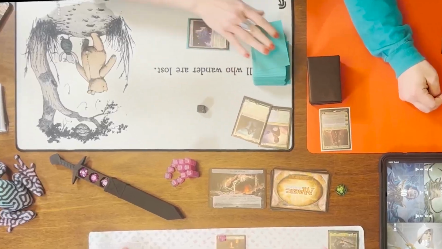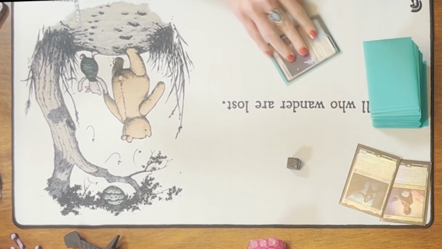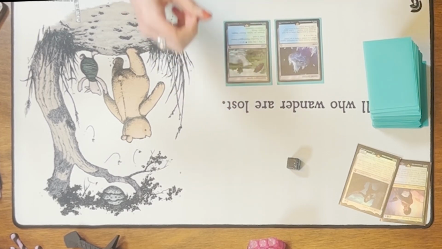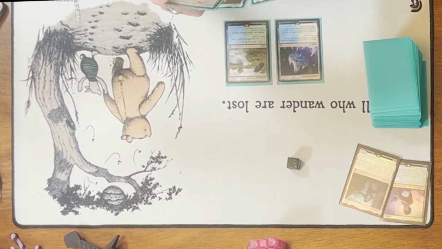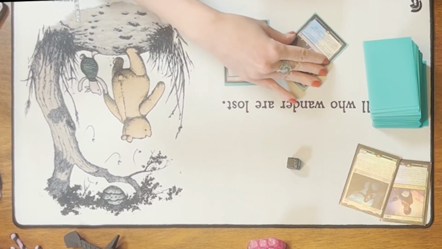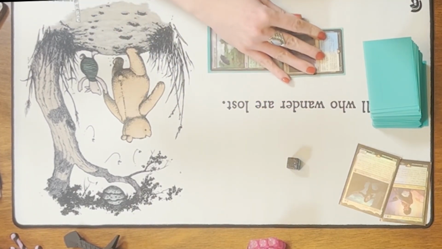Nada. Okay. All right, I almost took that back into my hand. All right, I'm drawing for turn. All right, I will play untap. Forgot to, my bad. I'm gonna play Waterlogged Grove. If I pay 1 life and tap it, I can either add a forest or island. Then I am going to tap Glacial for a white and Waterlogged Grove for whatever I